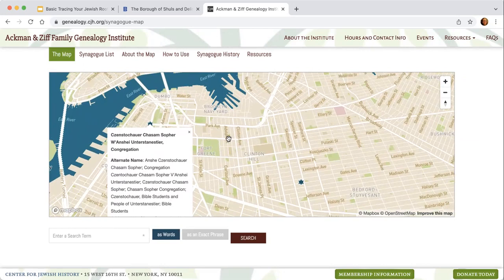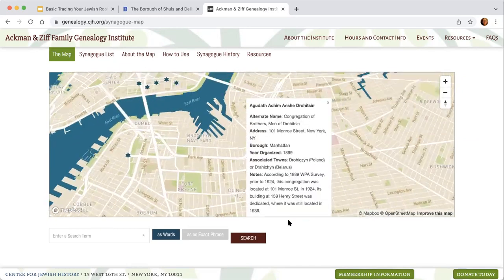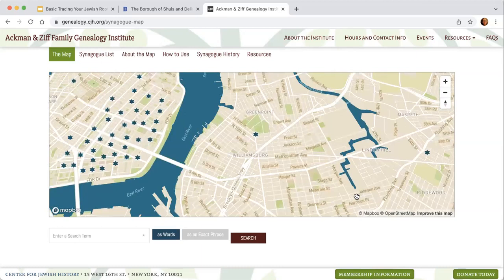Częstochowa is a pretty well-known town in Poland, so that synagogue can give you some clues that most of the members would have been from that town of Częstochowa, for example. So this is a fun, interactive resource that we like to encourage, and